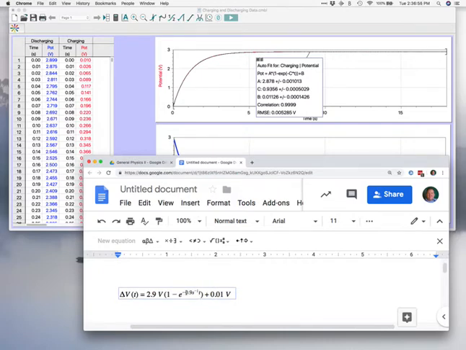And it might help if we set that aside in parentheses so that it doesn't get confused with the time in there. And that's it. There is the mathematical model that fits the charging set of data that we collected and has the appropriate units